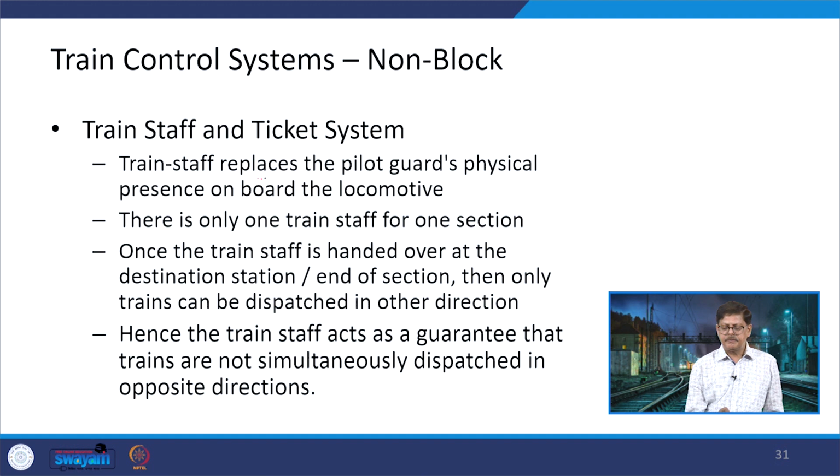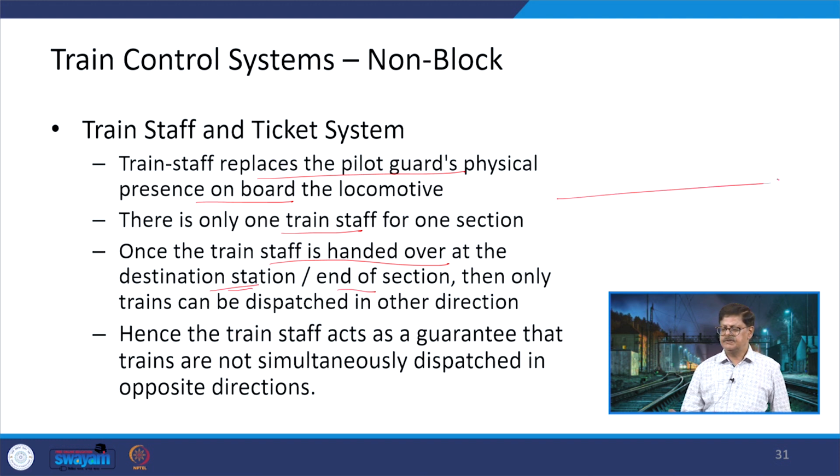Then the train staff replaces the pilot guard's physical presence on board. So the person need not travel, and there is no requirement of that manpower in this particular case. There is only one train staff for one section. Once the train staff is handed over at the destination station or the end of the section,